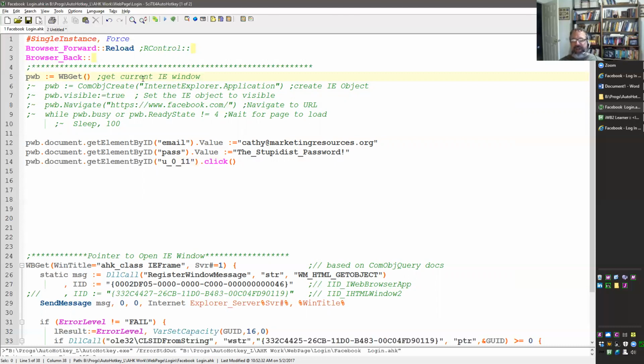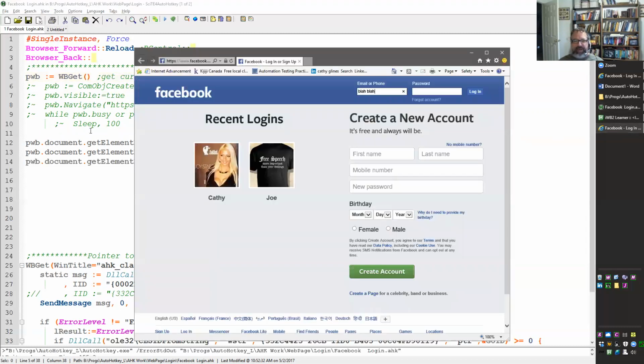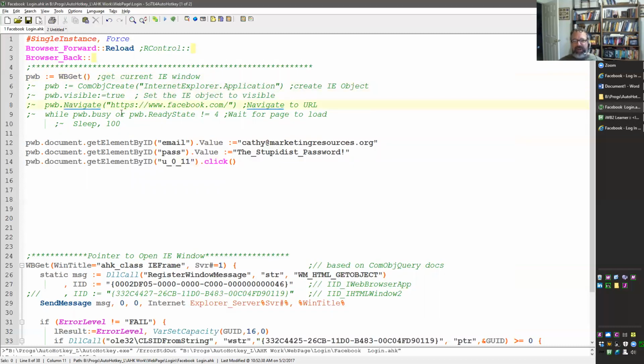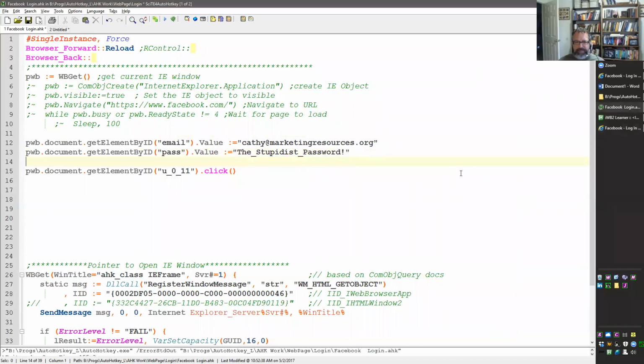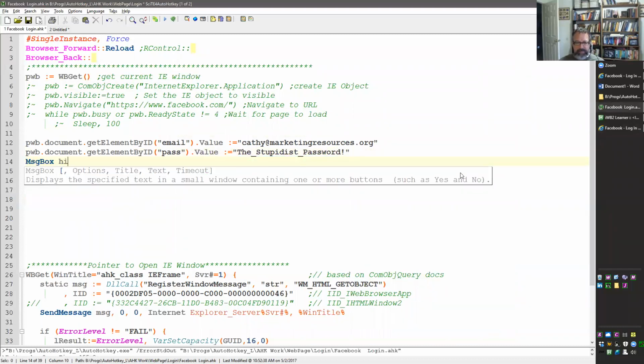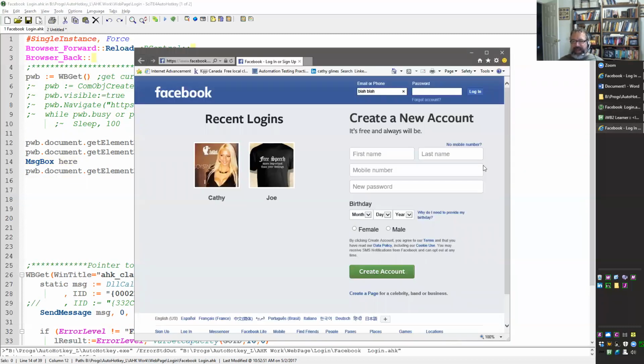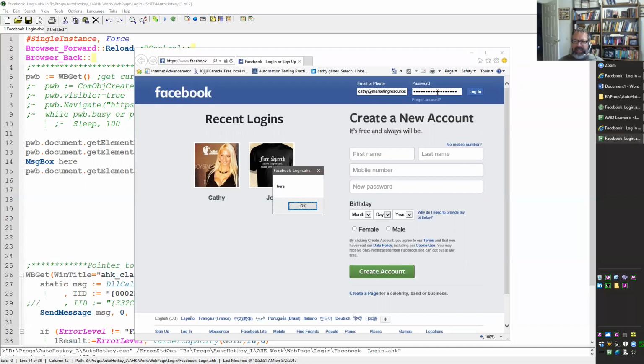We switched over here so we're just going to access the last active window. I'm going to save this and reload it, and then go back to this page, and I'm going to hit my hotkey, and it's going to fill in this. You know what? Let's do this. Now when I do this, you're going to see I hit this, it filled in this, and it popped up a message right before we click this. Otherwise, it would have been so fast you probably wouldn't have even seen this get filled in. I'm going to hit OK, and with any luck,